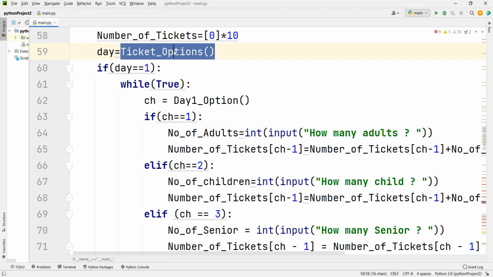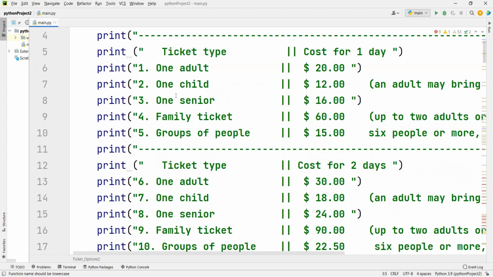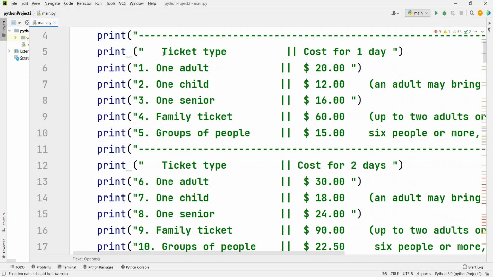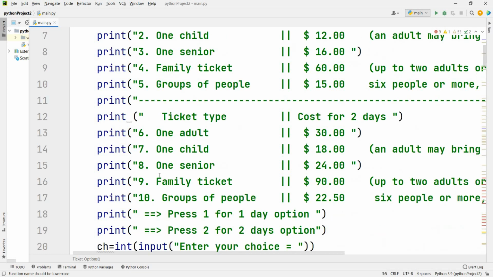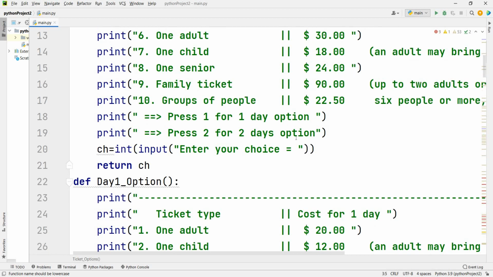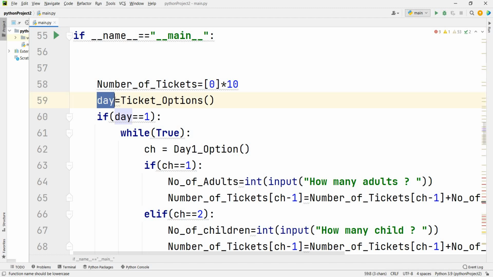I'm going to right click on this function and go to definition. First of all, I will display this function, 1 to 5 and 6 to 10, and then it will ask you to press 1 for 1 day and press 2 for 2 day options, and then return ch. That value will be stored in day, whether you want day 1 or day 2.